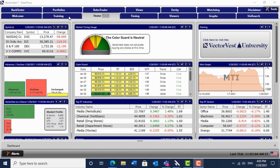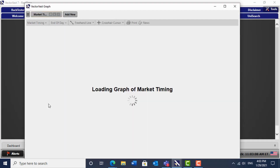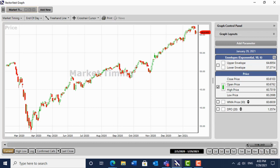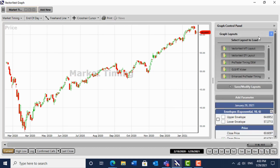So if we have a look at the market timing graph itself, pull her up, and as you can see, the little pullback is hardly anything. So it's not that dangerous a pullback yet, and momentum is still incredibly strong to the upside. If I put on the